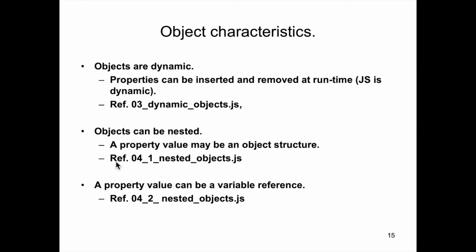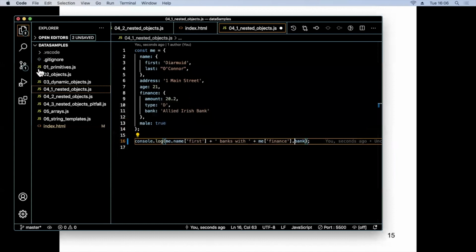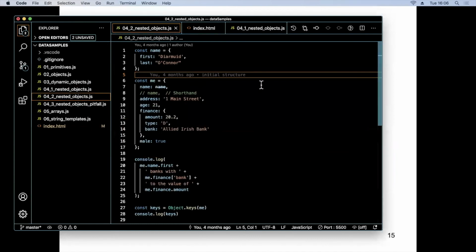O42, you can look at very quickly. O42 is this one. And really all that's happening here is in the me object, I've got a key called